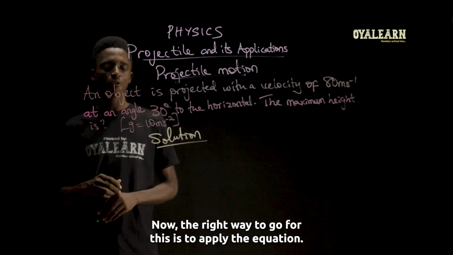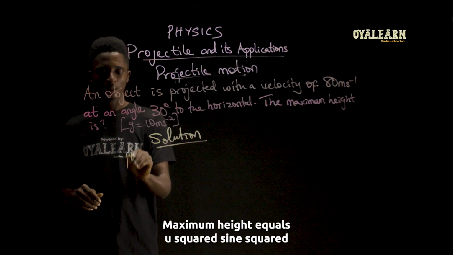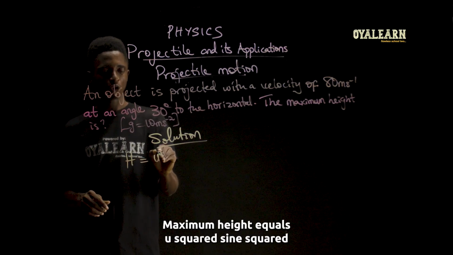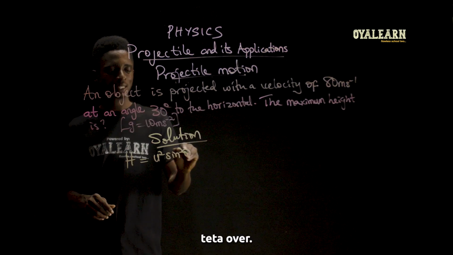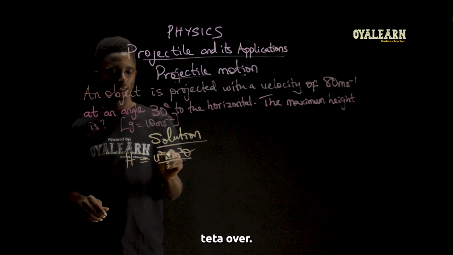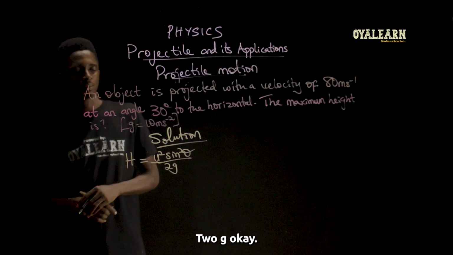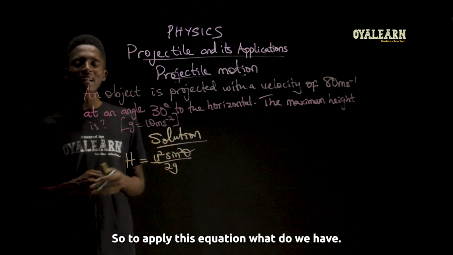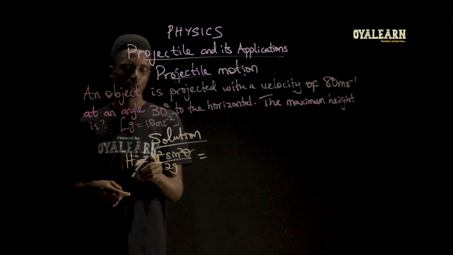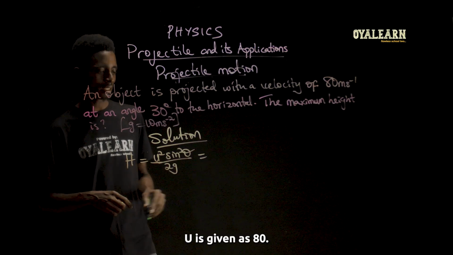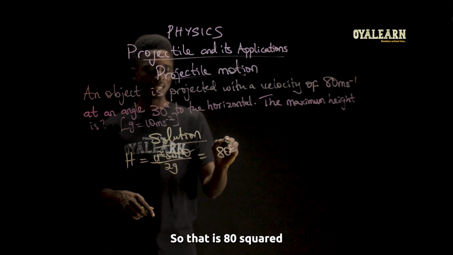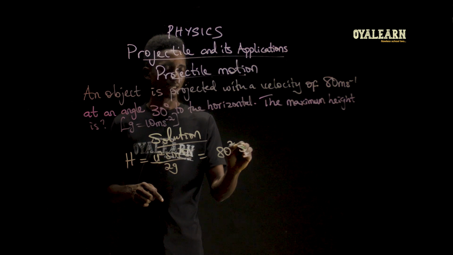The right way to go for this is to apply the equation: maximum height equals U squared sine squared theta over 2g. To apply this equation, what do we have? U is given as 80. So that is 80 squared sine